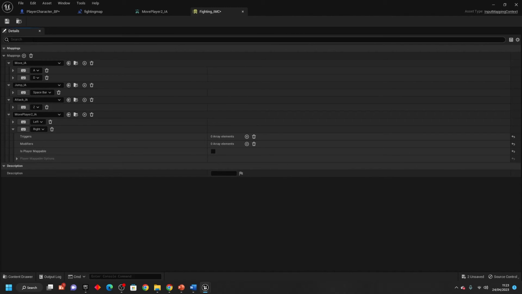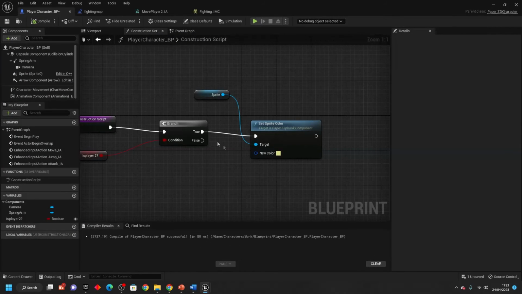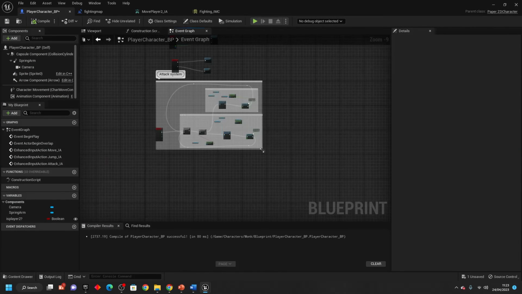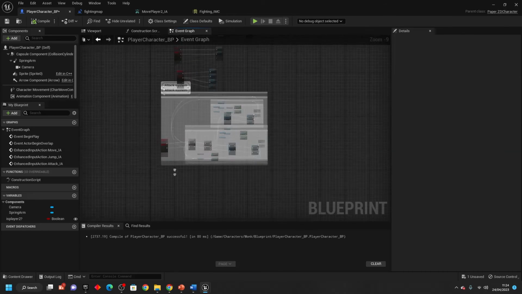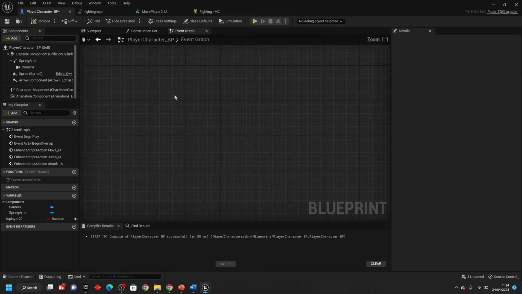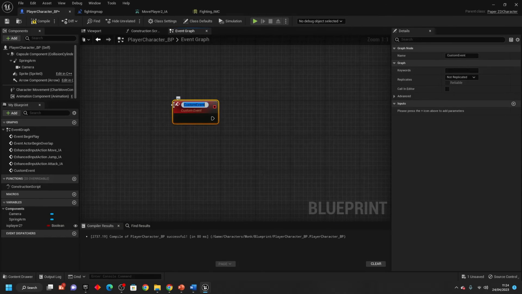If we just save and close this, open up the player character blueprint, go over to the event graph, and if you remember, like I said, we're going to be coding player 2 in a slightly different way. So we're basically going to be controlling player 2 from within player 1. So to create this system, to get started, just right click and look for add custom event, and just call this move